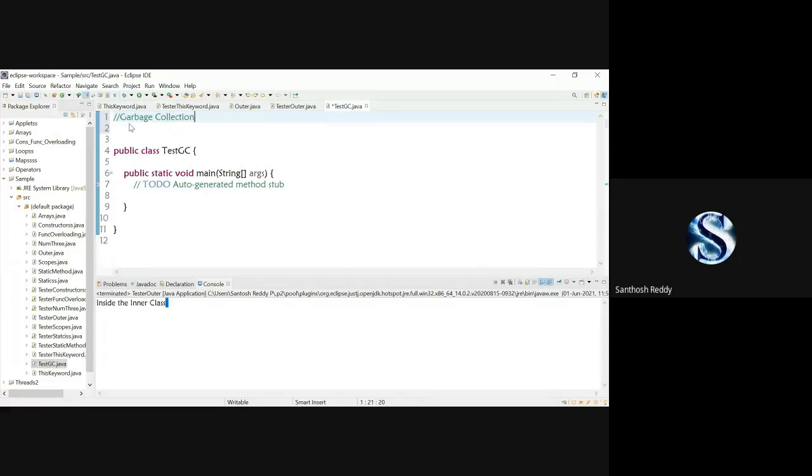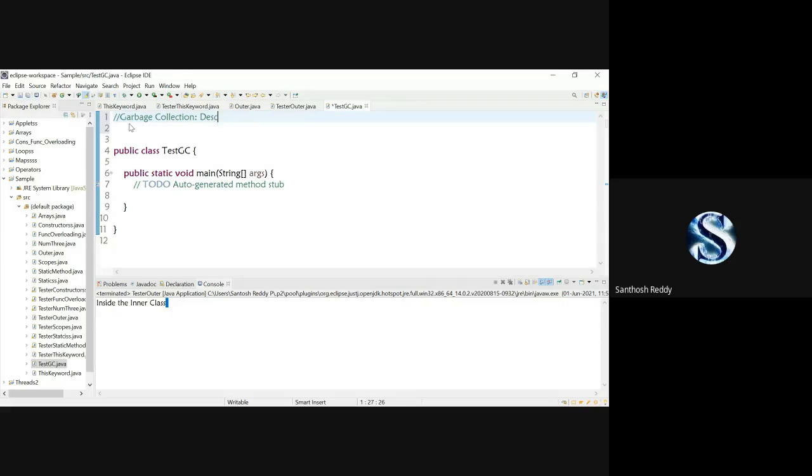See, garbage collection is nothing but when we want to release memory. At that time, we are going to use garbage collection. The memory destruction will be done automatically by the JVM. But sometimes there is no reference for a particular object, and we have to release the memory for that object. At that time we use a concept called garbage collection.